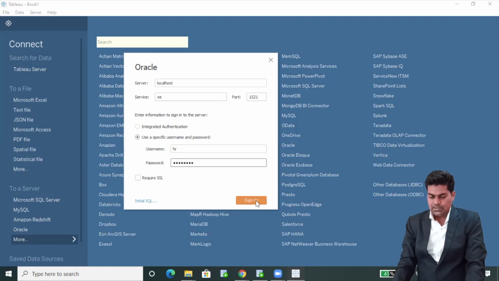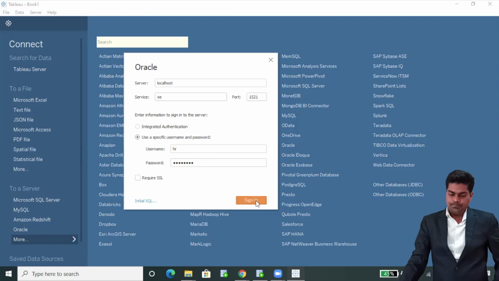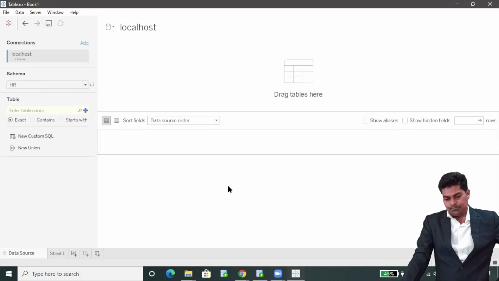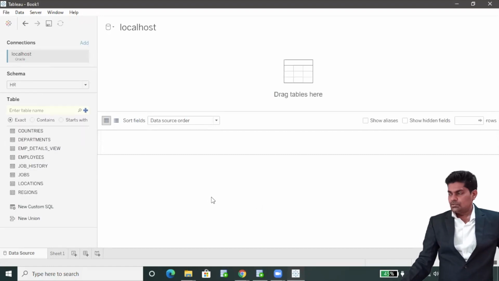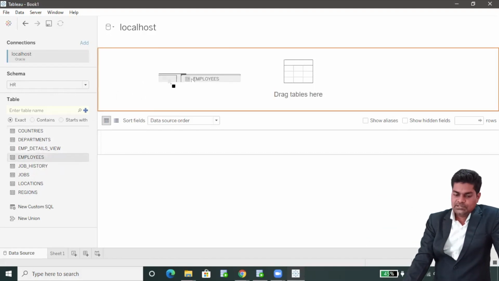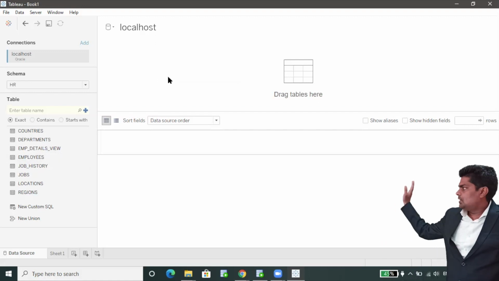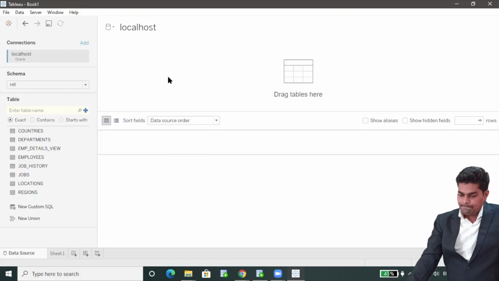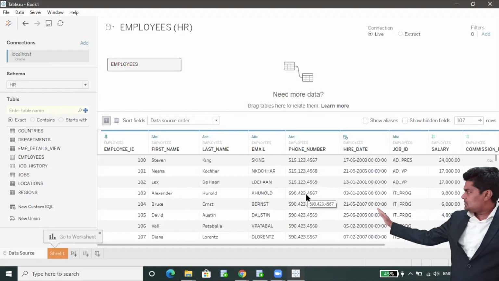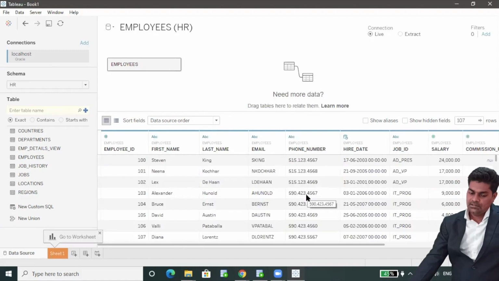Then click on sign in. That is the HR user schema. Now suppose I want employees, so just drag and drop the employees table here. Click on update, and you can see all the columns and data.